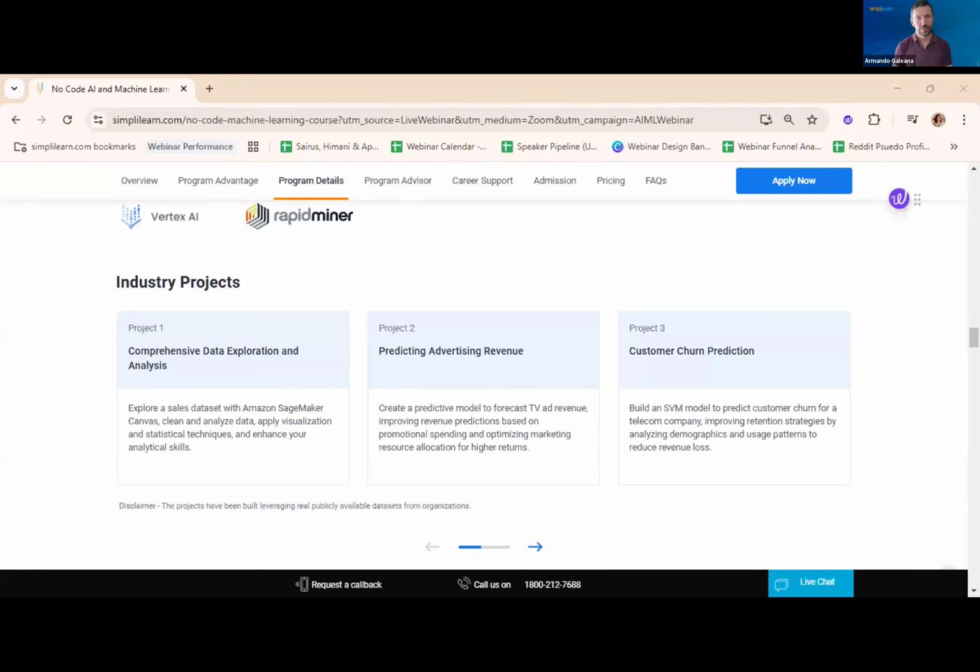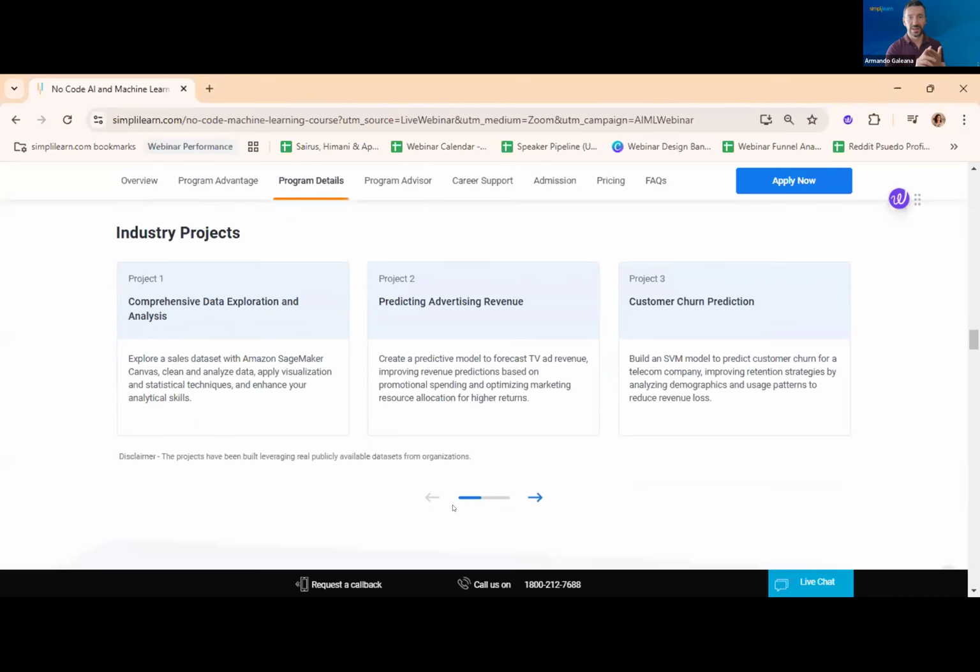So is it more likely to be hired if you have no code experience? Absolutely. Because as a domain expert, you will not say, hey, I am an AI ML expert. You will say, hey, I'm a domain expert. And by the way, I know how to tackle problems related to audit, loss prevention, fraud, marketing, telecom. I know how to tackle these specific problems using artificial intelligence. That is just an amazing skill that will give you the edge versus any other people in your domain without AI knowledge.